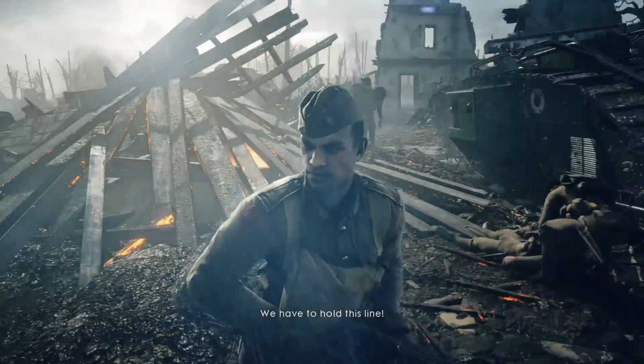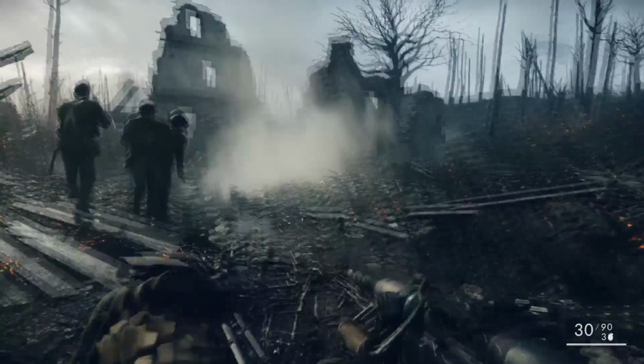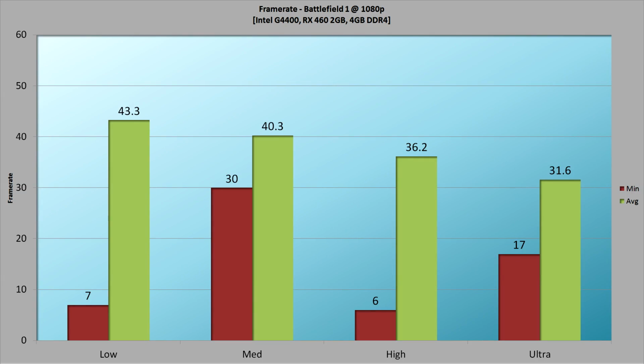Next up, Battlefield 1. To benchmark it, I ran through the first 2 minutes of the first campaign mission and repeated it 3 times at each quality preset to ensure accurate data. Here are the frame rates. Average FPS is a bit lower than GTA 5, starting at 43 on low and as poor as 31.6 on